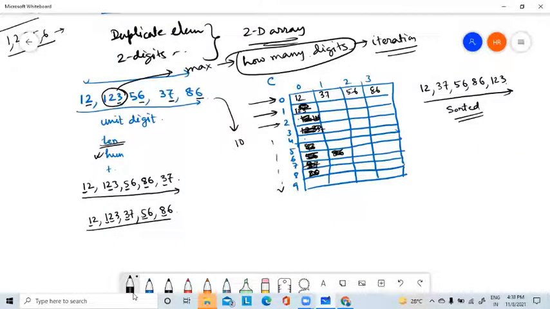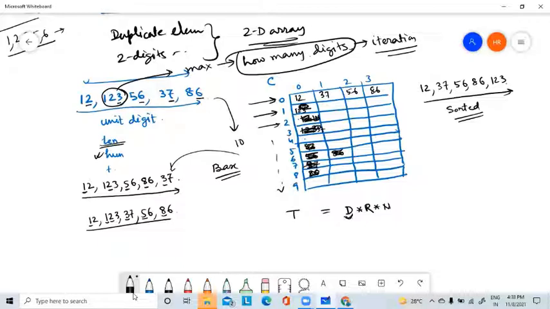Okay, now you have to copy all the elements, then you have to collect all the elements. So again, it is based on the base. What is the base? What is the radix? And then we are copying the elements and then again putting them in the buckets. So the time complexity is purely based on first the digits in the maximum number, then the radix base, and then the number of elements. So this decides the time complexity.